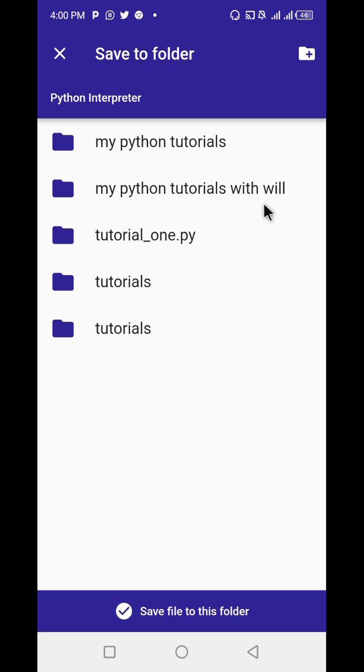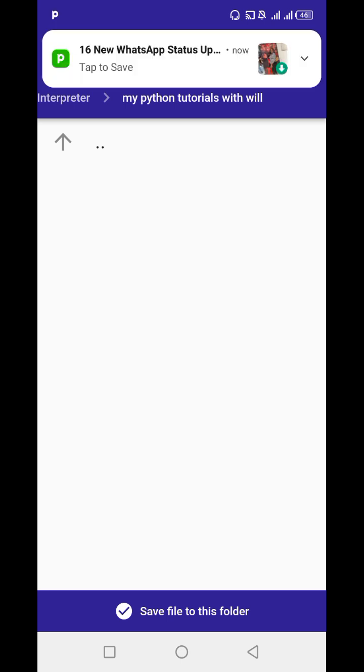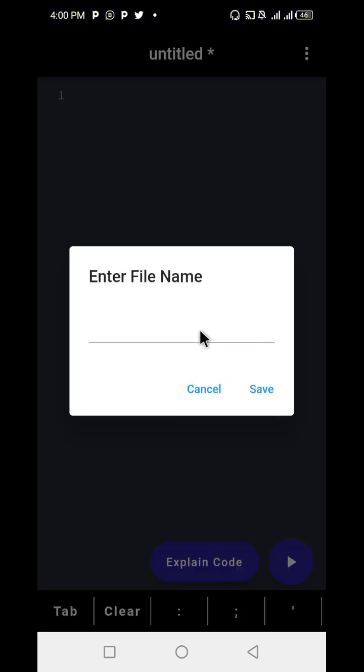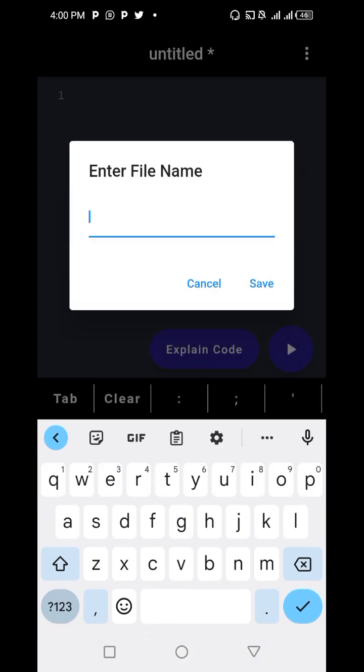Now tap on the folder and the folder opens. And you click here, save file to this folder. Then there is a prompt for you to type the name of that file. So you click there and this comes up. You type the name tutorial. This is your very first tutorial. So you just type tutorial